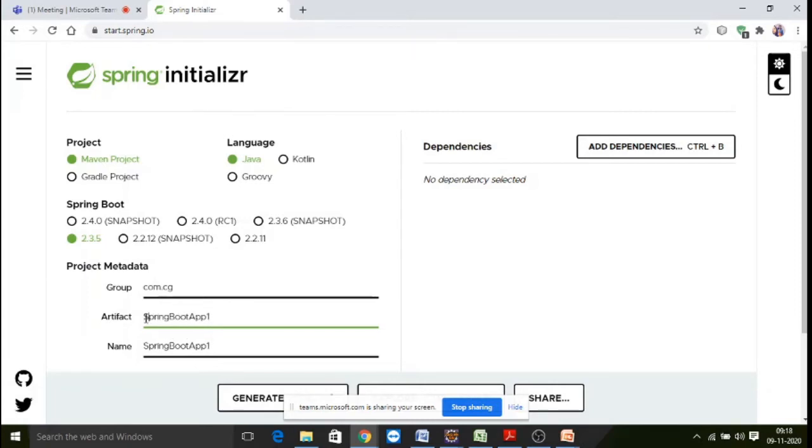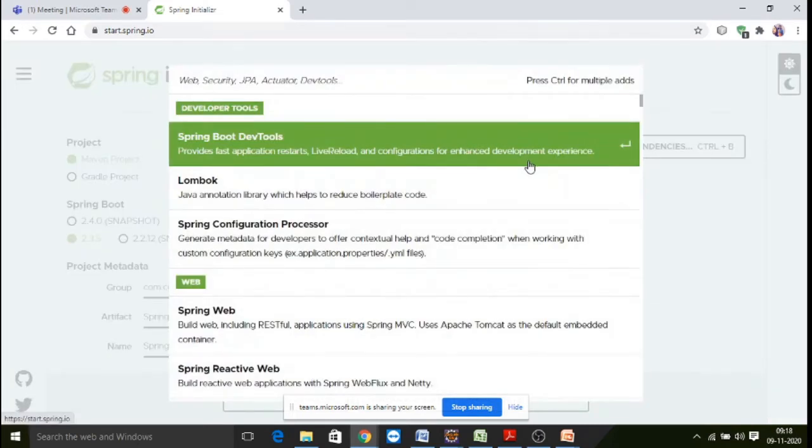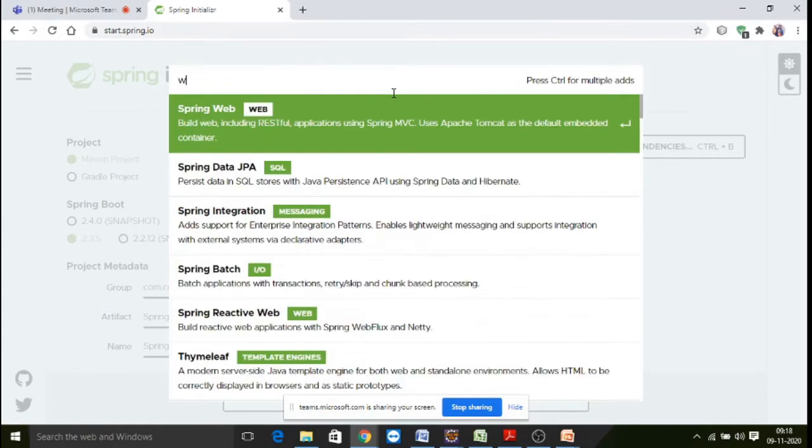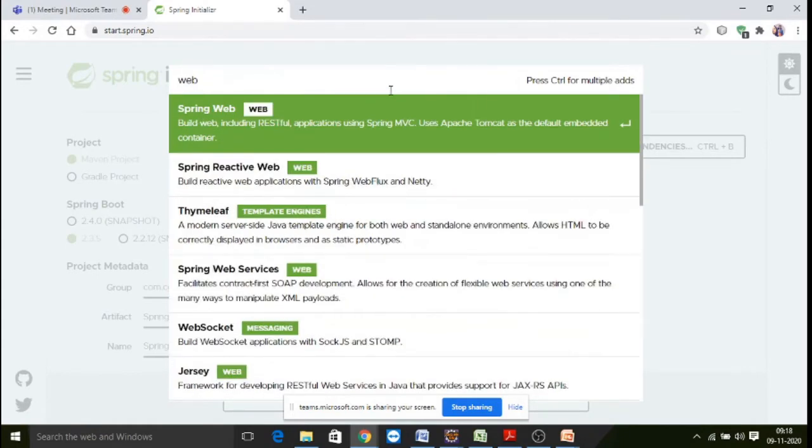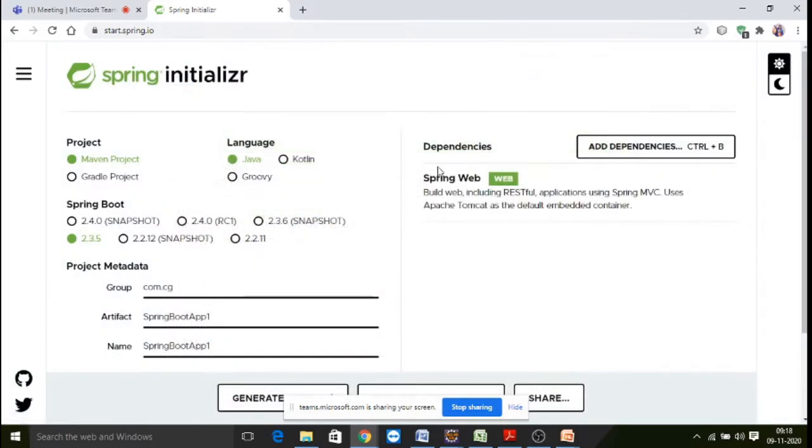You can give your own name, whatever is required. Here you need to select dependencies. To create a Spring Boot project we need to add dependencies. At least for the first project, the dependency we need is Spring Web. This is called Spring Boot Starter Web. Only if this is there can we run our application on a server.